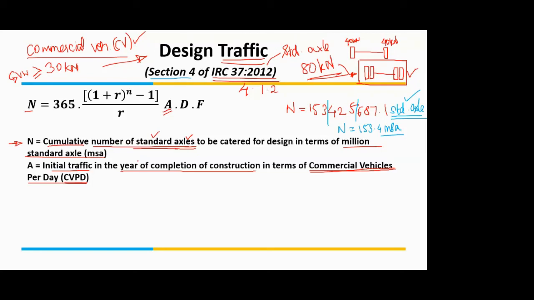If you recall that, you will understand. So that format gave you the vehicles per day, but now what I'm saying is from those vehicles, you have to segregate the commercial vehicles. And how you'll get to know whether a vehicle is commercial or not, or whether you are going to use it for pavement design or not, is by this guideline: your gross vehicle weight should be greater than 30 kilonewton.